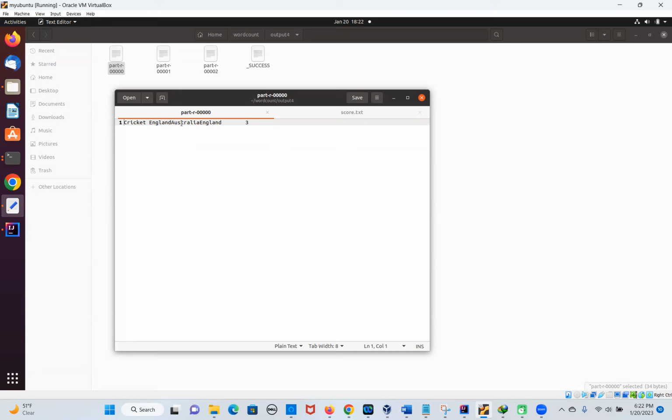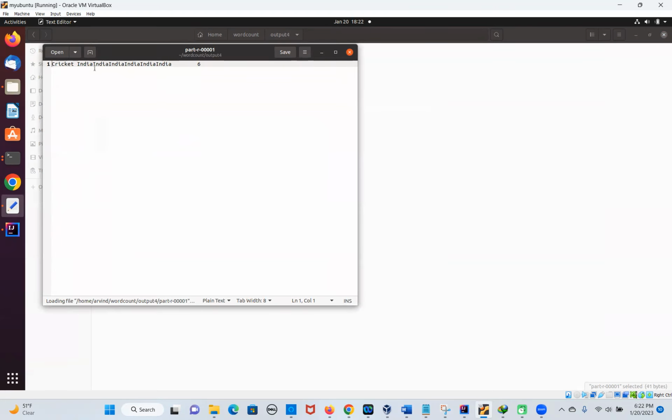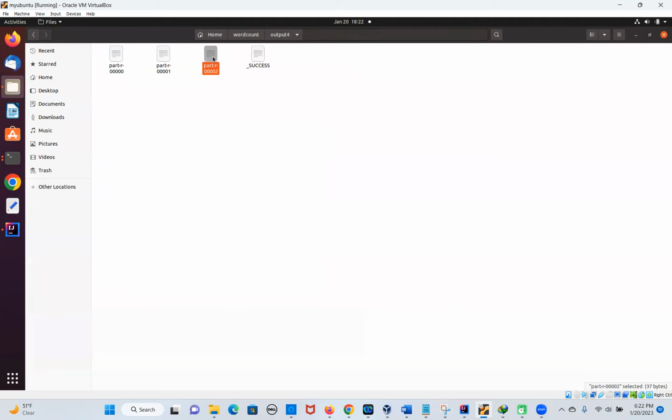So here I can see the India name is not there, right? So it means my first condition is correct. The game is cricket, but not India. Okay, second one we see. Here all India is coming, right? So that condition is also good. Total number of times is 6. And the last one is